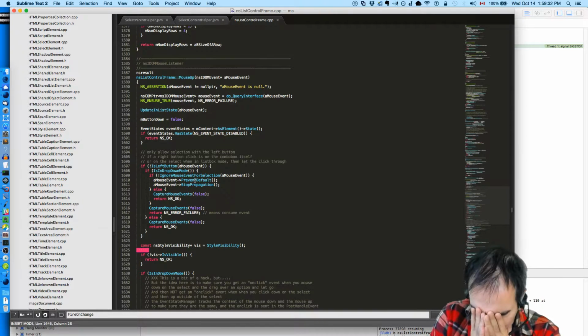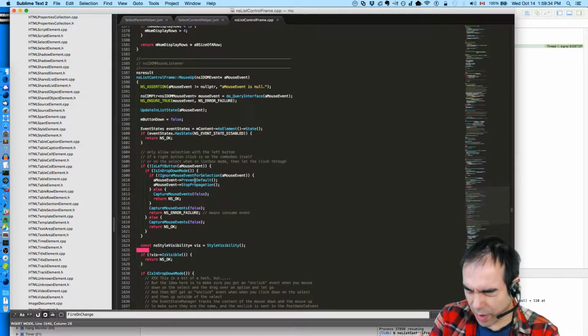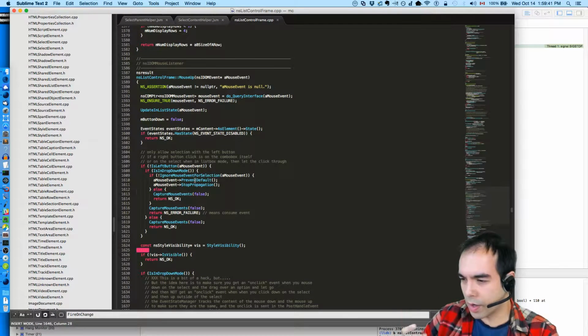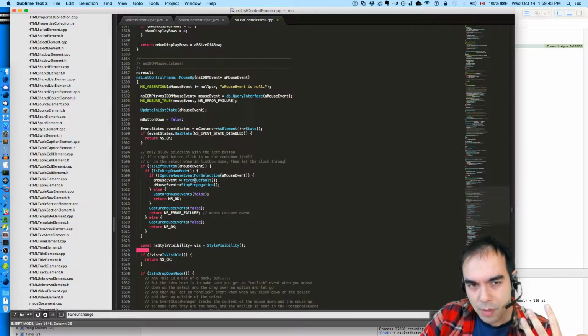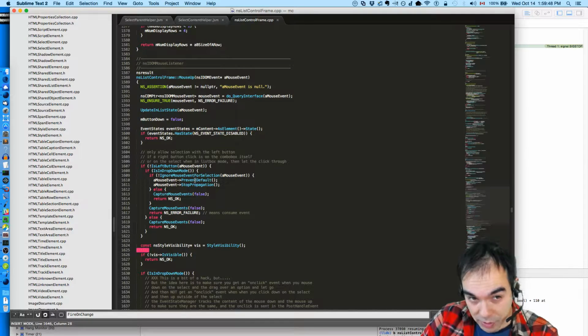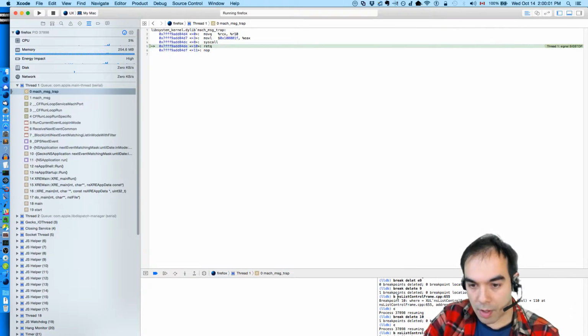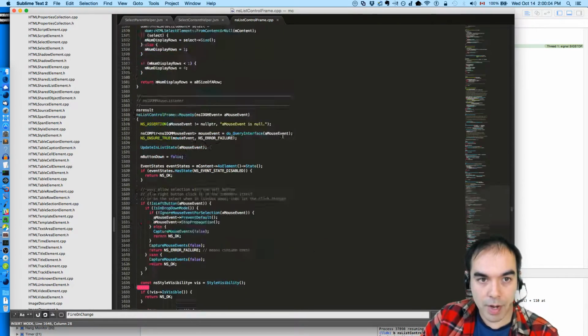Okay, I'm having a brainwave here, I think. There's like this sort of really vague sense of what's going on here, where on the mouse up event, we probably do something special to actually change the appearance of the select drop down on the mouse up event. Something in here. So here's what I'm going to do. I'm going to break in mouse up.